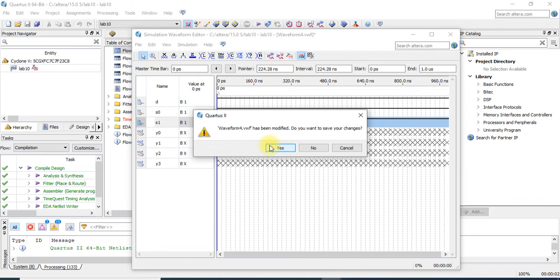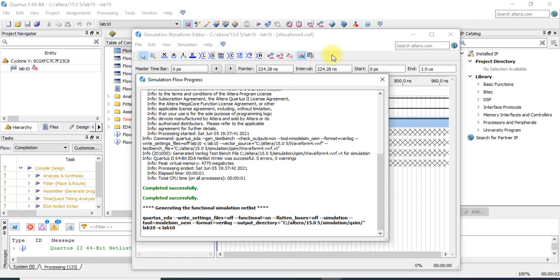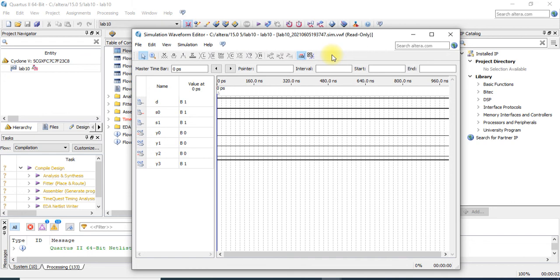Let's see whether we get high at y3 or not. As you can see, we get high at y3, and this really proves that our Verilog code is good and working properly.